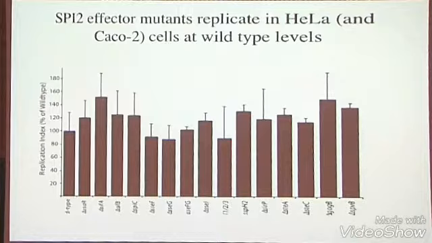One of the easy screens you can do is measure their replication inside cultured epithelial cells, HeLa, and I'm also not showing CACO2 cells. And based on what we knew, you'd predict that SPI-2 would not have an effect on Salmonella replication in these cells because they're epithelial cells, and we didn't expect to see any effect, and the bottom line is we didn't. So SPI-2 doesn't affect replication in epithelial cells. We already knew that because this is a SPI-2 mutant here compared to wild type, and they're the same.